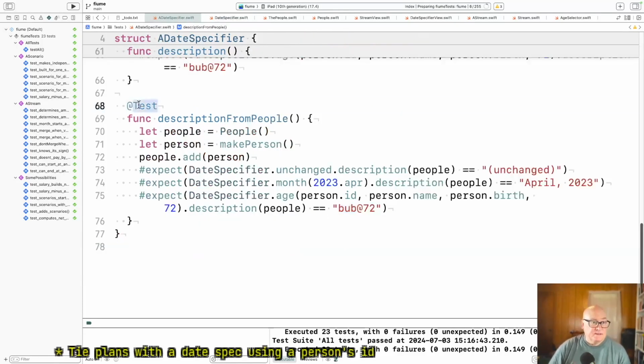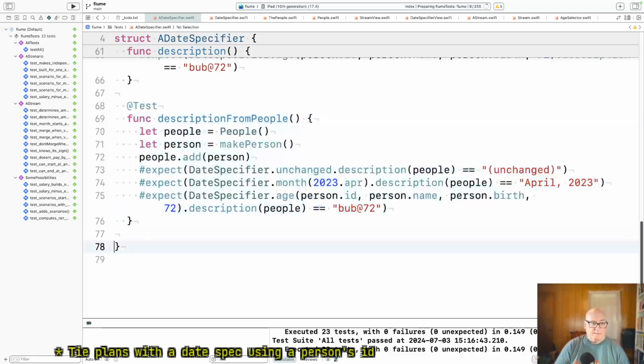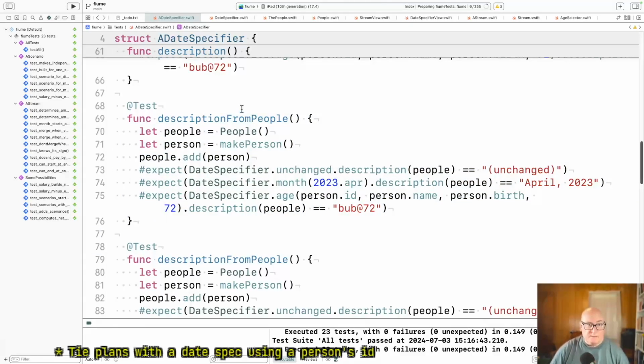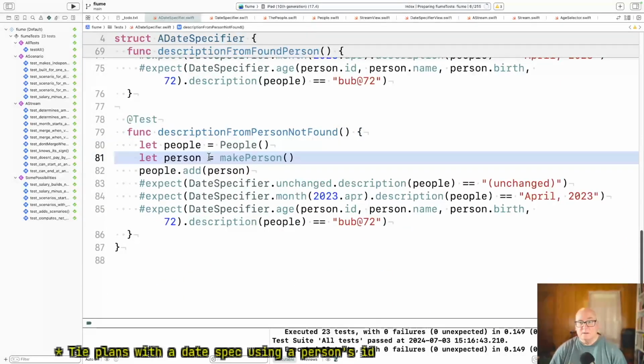Well, let's. And let's make this from found person. From person not found. Okay, so we don't need the person.